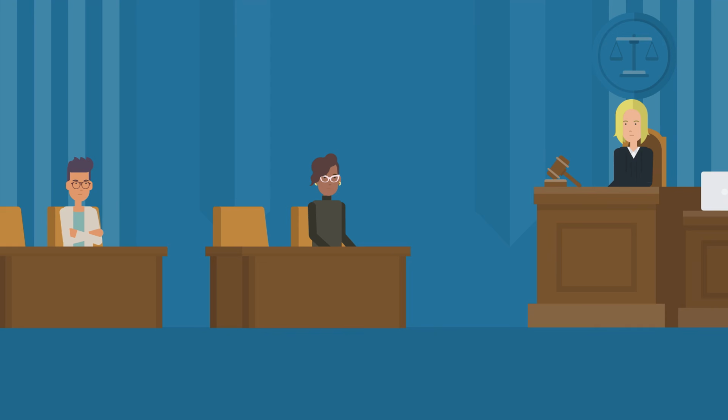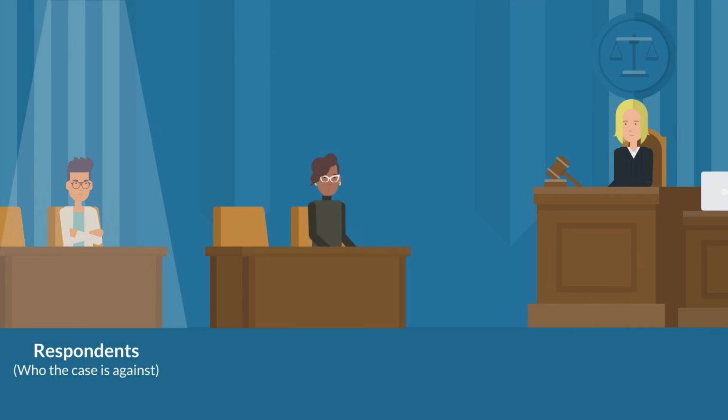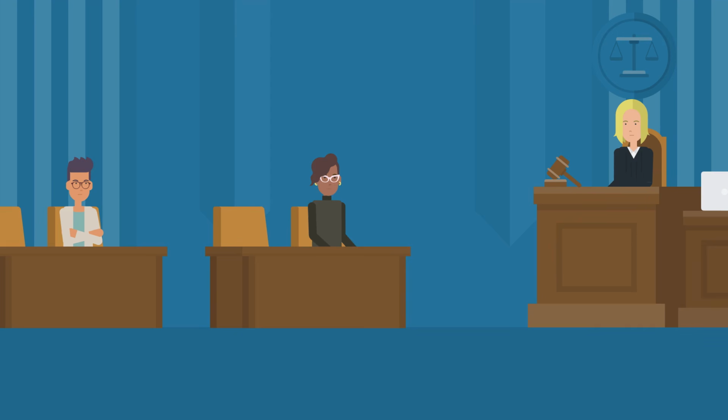All right, so now you're at your court proceeding and what happens? Cases have petitioners or plaintiffs, those are the people who file the case, and then respondents or defendants, those are the people who the case is filed against. The petitioner usually is the party who goes first in terms of presenting evidence. So the petitioner will present